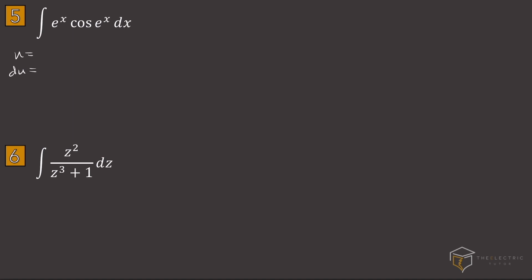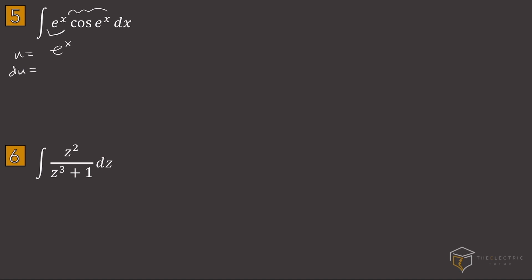One of them is I could pick u equals e^x. Another one could be u equals cosine of e^x. The third option would be to select the whole thing, but as I've been telling you in the previous videos, picking the entire integrand as your u is like 99% of the time not going to be useful. We're going to forget about that option, and we're going to consider either e^x or cosine of e^x. And ultimately, I'm going to be picking e^x